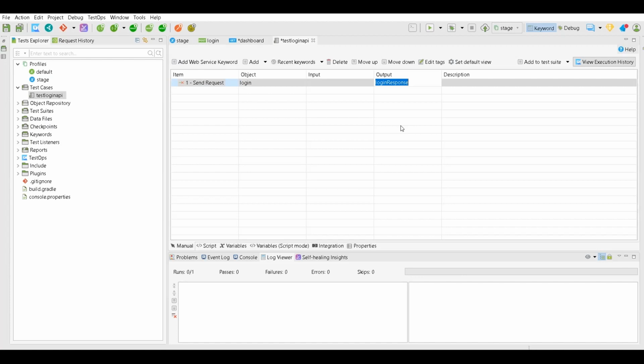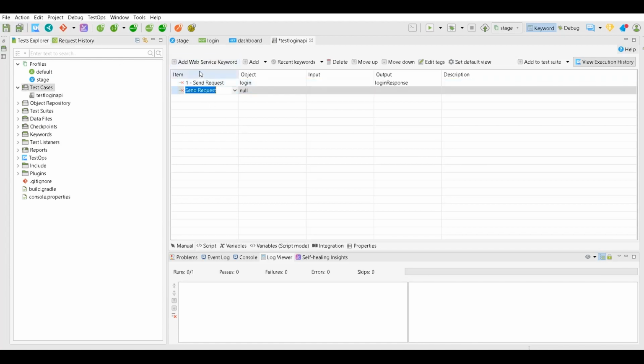Okay, so JMeter and REST Assured, right? In JMeter we were using JSON Slurper. Same library is used here. So we will save the response in a login response output, and then based on that we will perform action like verify status code, extract email address, and verify that it is equal to the email address we provided at the global variable level. So once that is done, again save it, and now we will be adding one more